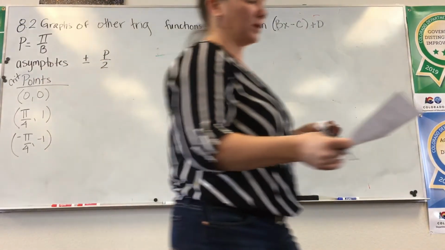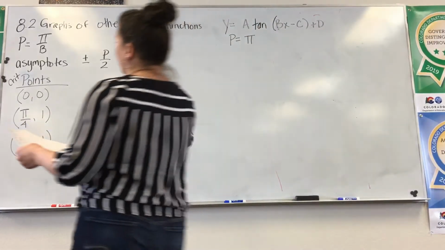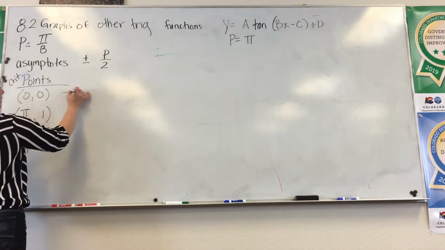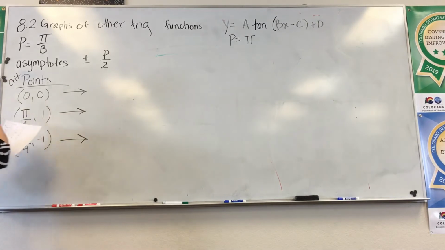So there's only 3 on the tangent graph, but you also have your asymptotes to deal with. Those critical points are those little turning points of the graph. Okay? So then if we look at generalizing those points,